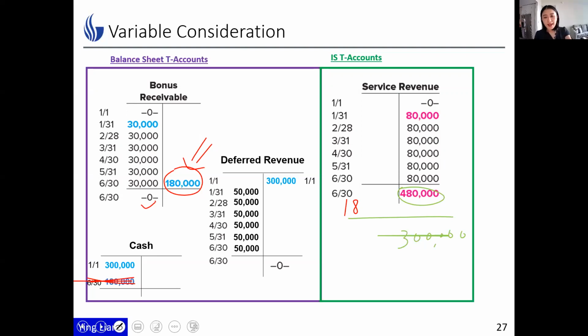Now we have a right-hand side, which is credit. Where should we do the debit? The left-hand side. Then it must be the service revenue, because we also need to adjust the service revenue. It was 480 before. I want it to be 300, so I am reducing it by 180. So I debit $180,000 from service revenue. It is on the left side. And meanwhile, this journal entry will also reduce the bonus receivable so that eventually bonus receivable has a 0 amount. This is what we do when we do not receive it.